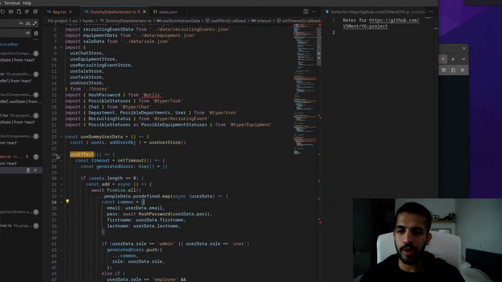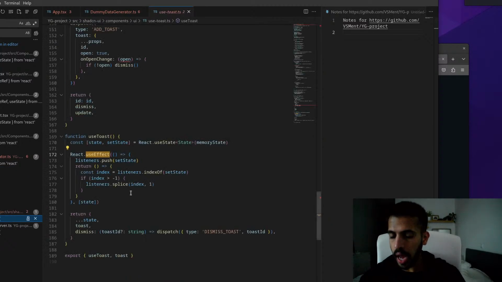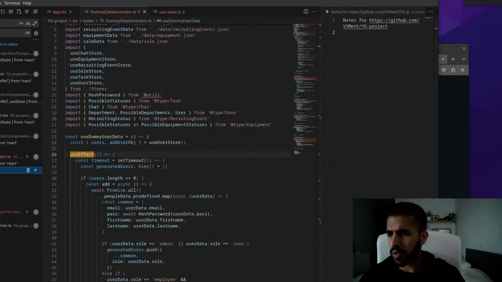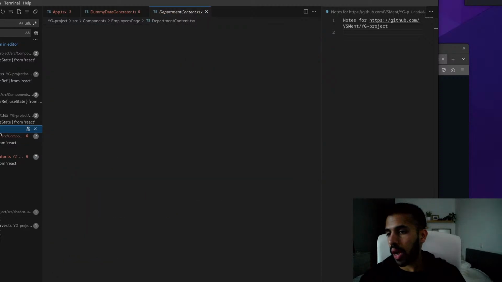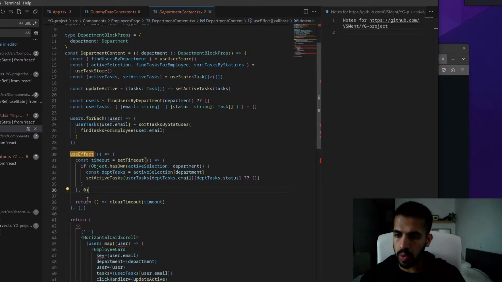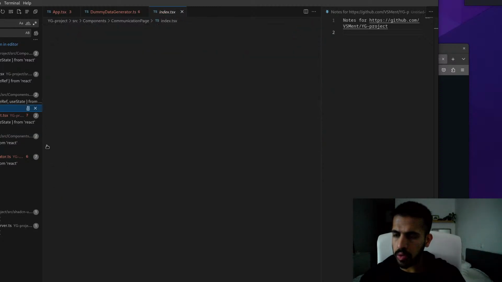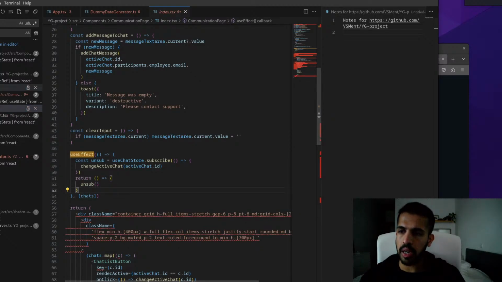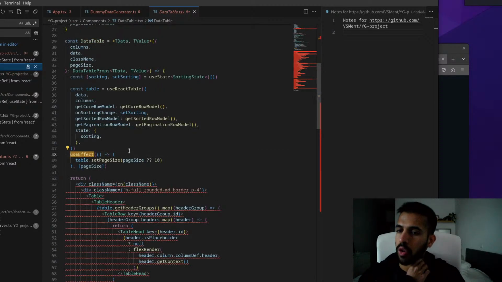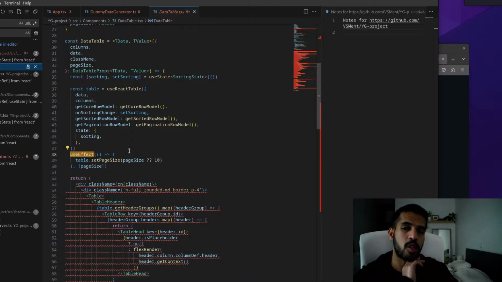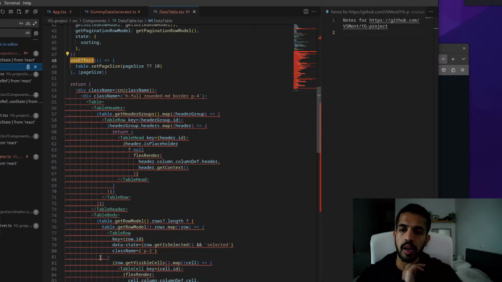I feel like I found it manually anyway in this dummy data generator, which I guess is the one with the most. Everything else is at around 1, which is actually quite okay. And all of them seem to be used to do something initially rather than run over and over again. Well, this one is, and the other one is as well, but you don't have use effects that build on top of use effects. That is, I think, the first code smell I get when I deal with a React code base.